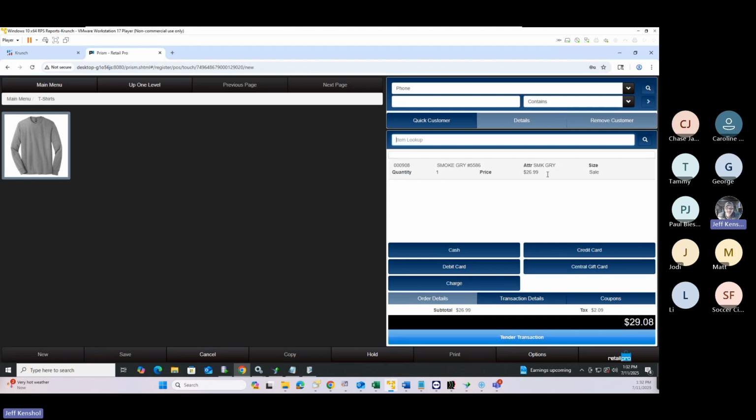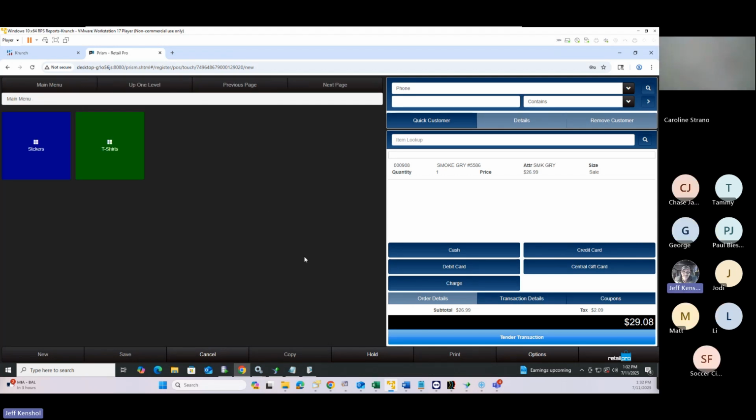So there's my t-shirt finally popped up. I think this VM is running a bit slow, but we got there. This can be very powerful. You drill down, you click main menu, you drill down, you click main menu, you drill down and sell something else. So if you had charms or any kind of